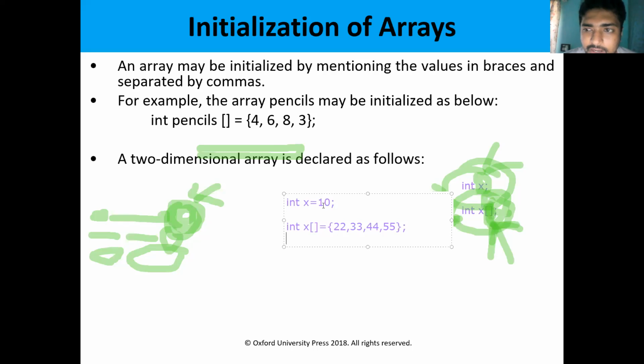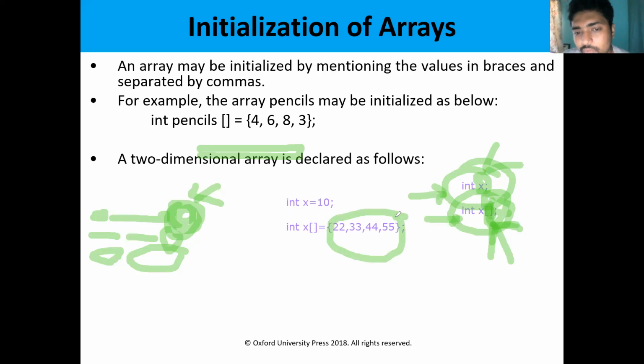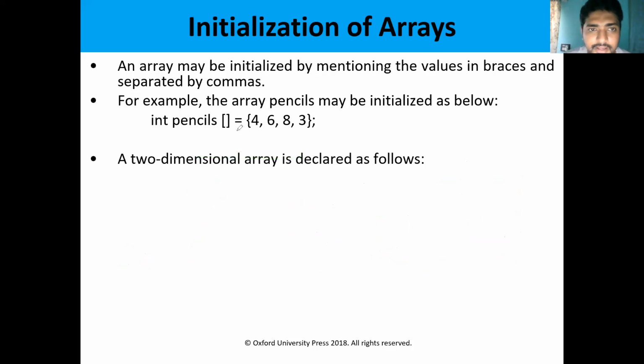In a general variable, we have only one element, whereas in the array, we have 5 elements. We can initialize them within the curly braces, within the block. First element is 22, second element is 33, third element is 44, fifth element is 55. Like that, we can initialize the elements of an array. So this is the declaration and initialization of an array. So next one.